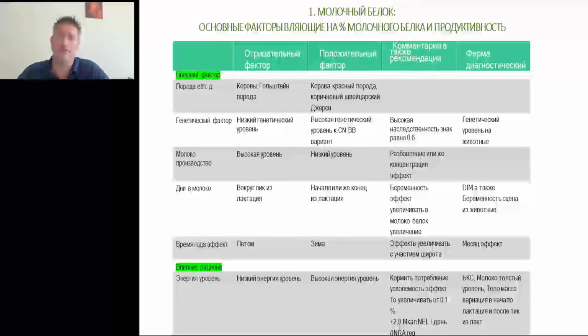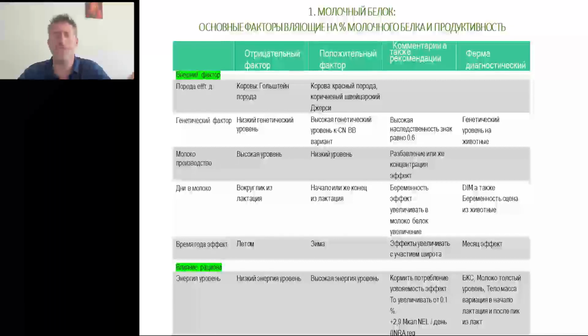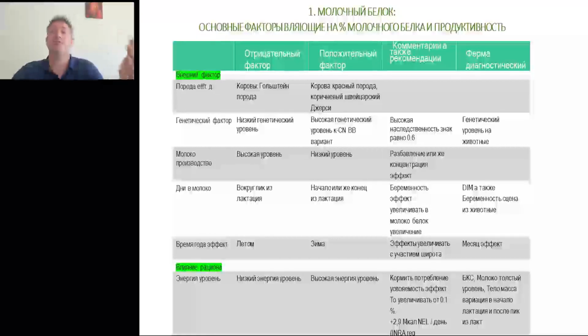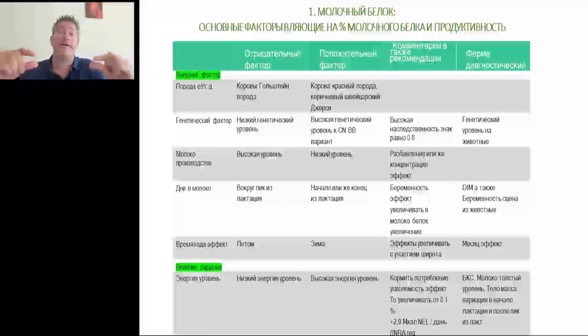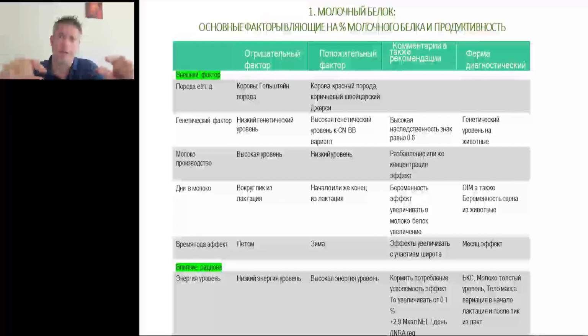Seasonal effect, of course. In the summertime, there is a negative factor because the percentage of milk protein is lower due to many factors, to heat stress, to also a higher inflammation at the level of the small and large intestine. And in the wintertime, there is a positive factor, as we know that the milk percentage in terms of protein is higher. Considering the diet effect, we can